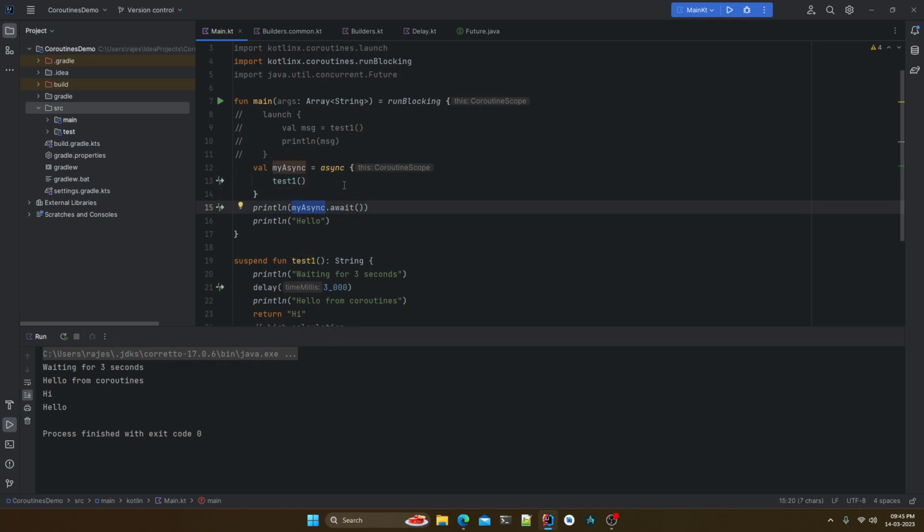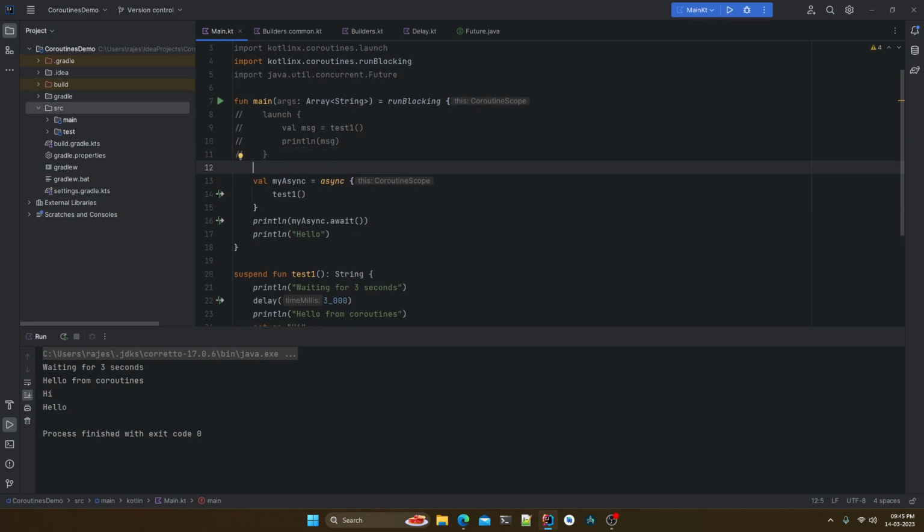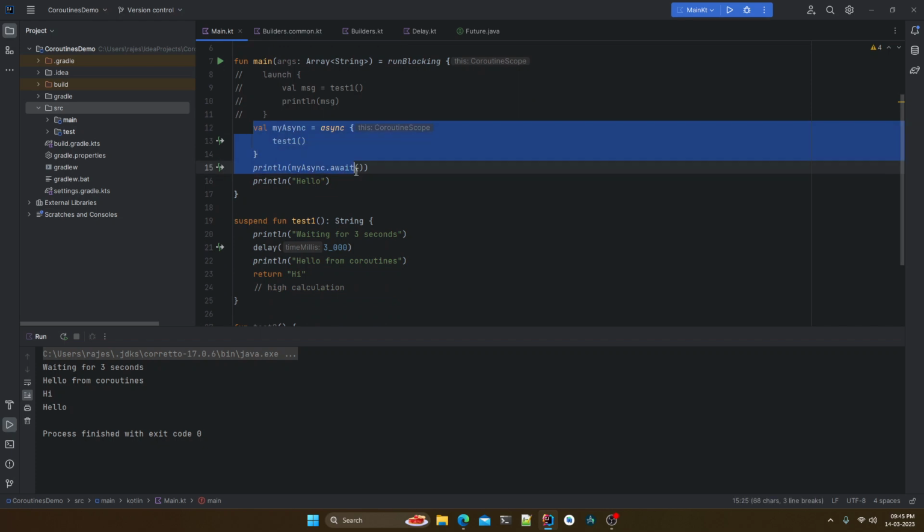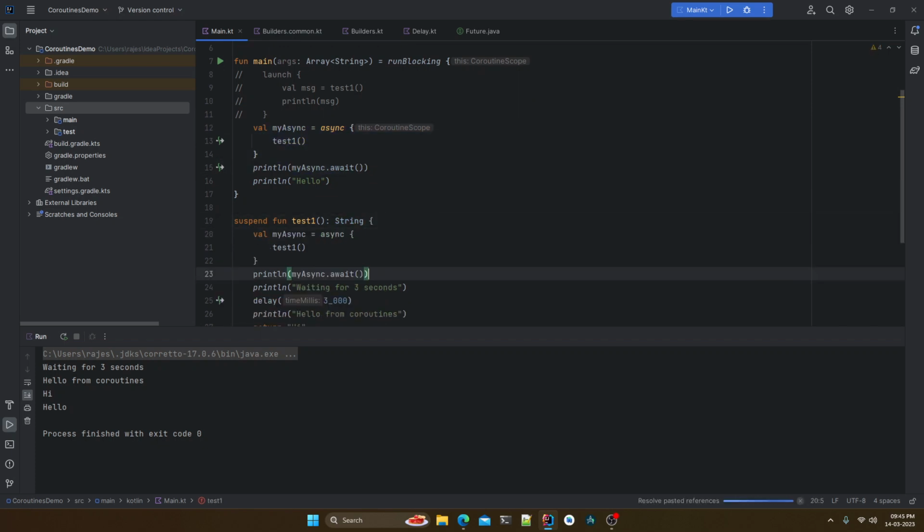Await, right? So if we are not using run blocking, then how can we get that value? So we can use a scope or something. See, that's what I'm saying. You don't even need to use run blocking inside your view model. Let's say it's a suspend function, you can just